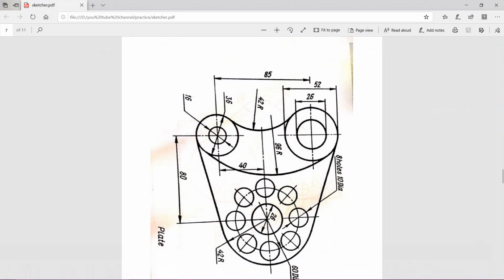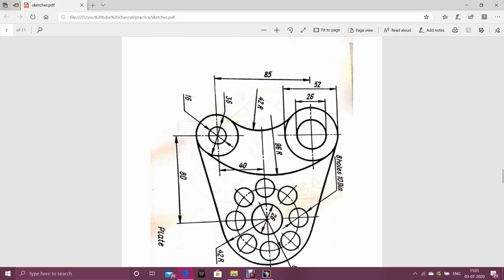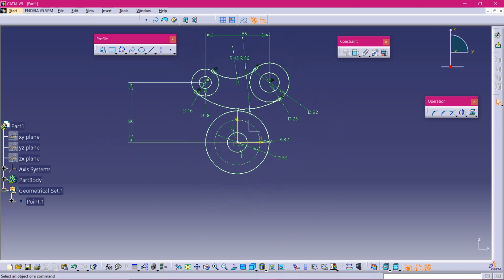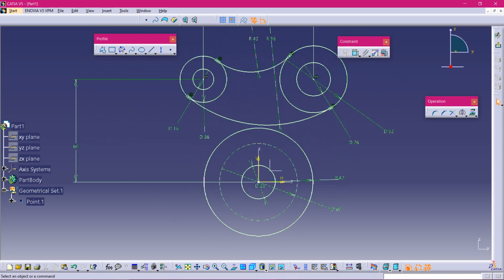And again go back. See, here you have 2 lines. They didn't mention the dimension of the line, so don't worry. Here is the thing a designer must know. You can test your designing skills here itself. When you go to this line, you will find the line by tangent line. That means it will be tangent to 2 circles. Select this one, select this one. See, simple. No need of worrying and no need of drawing a line and giving it tangency. It's a big thing.